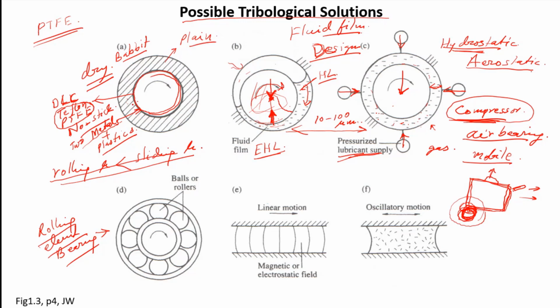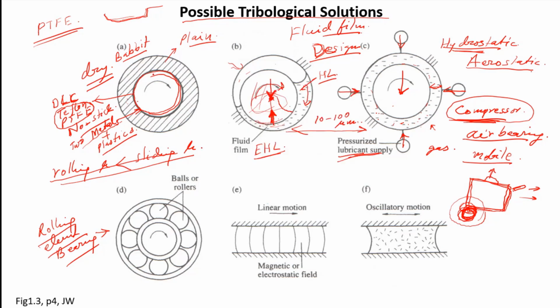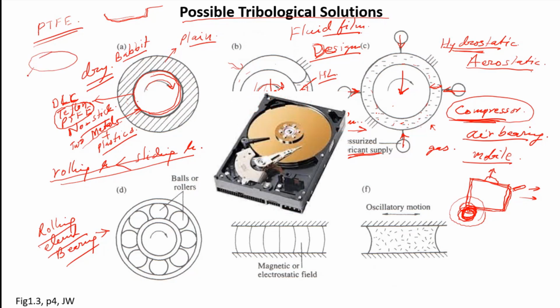Of course, the non-stick pan is also an example we talked about, which you can see in the kitchen, where we have pans with PTFE coating all around, which reduces sticking. Sir, I think in this picture the inner body is rotating. Yeah, in this one the inner body is rotating, yes. There are other examples of coating, for example, in magnetic hard disks. The disk is coated with DLC and some lubricant, which is also a kind of PTFE, PFPE,